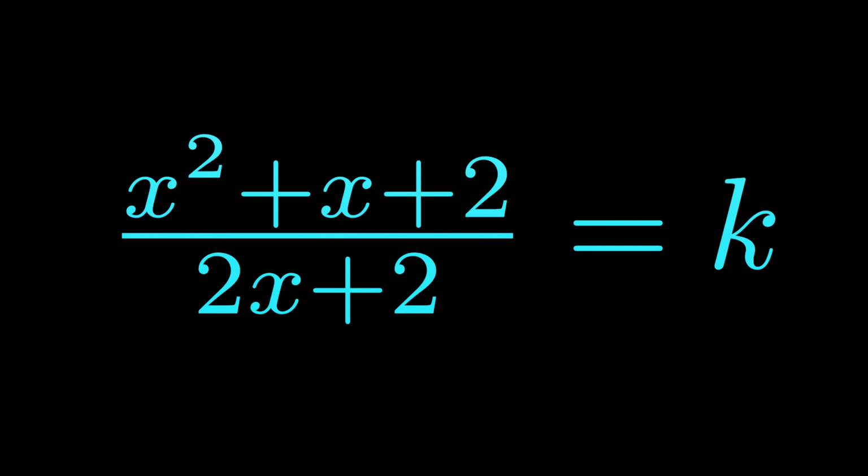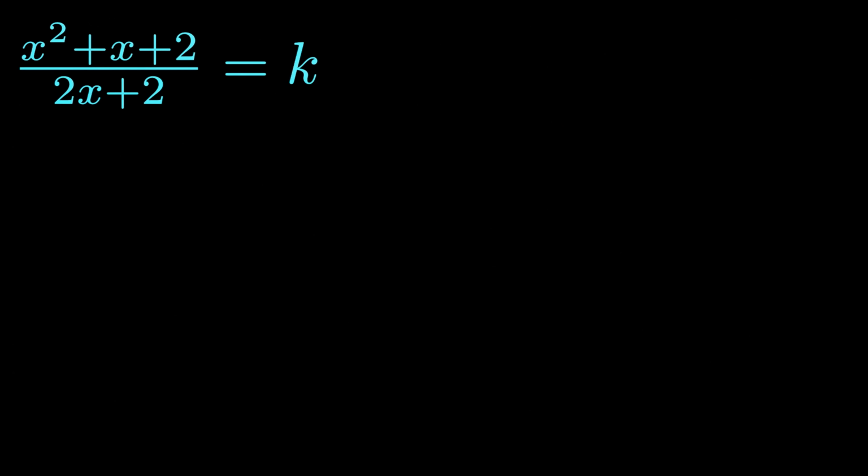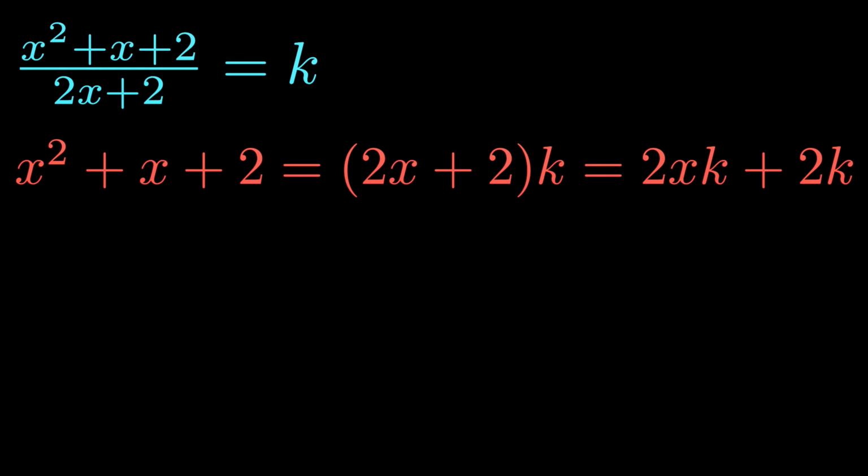Hey everyone, in this video we're going to find all values of k for which the given equation is solvable for real x. So let's begin by multiplying both sides of our equation by 2x plus 2. So we would have x squared plus x plus 2 is equal to 2x plus 2 all multiplied by k,